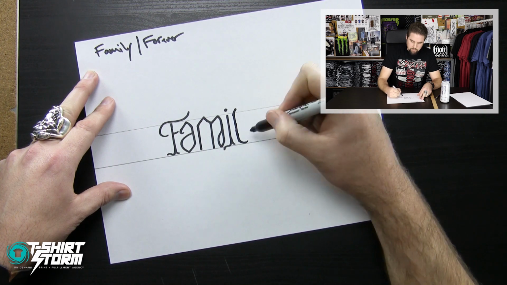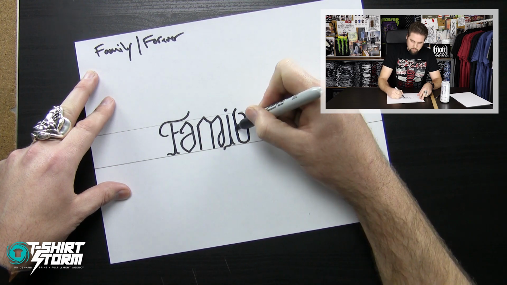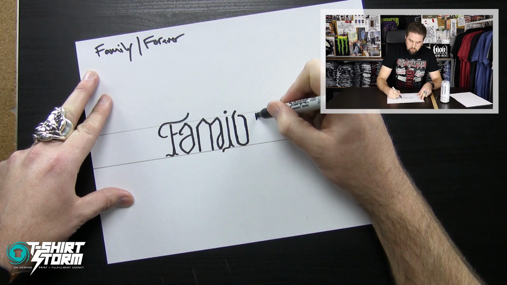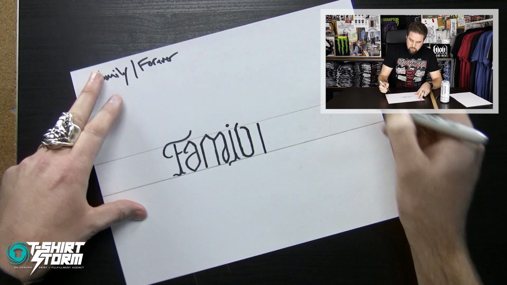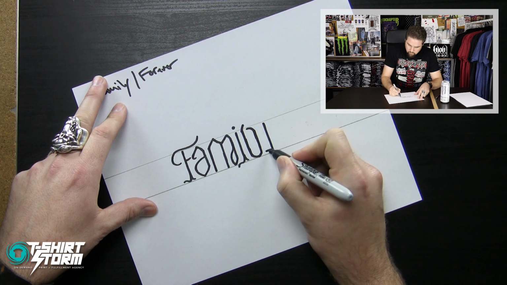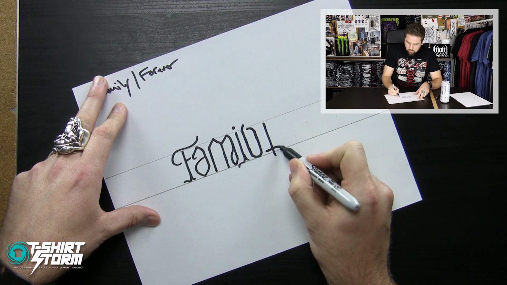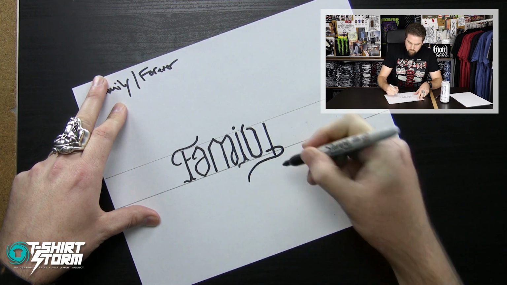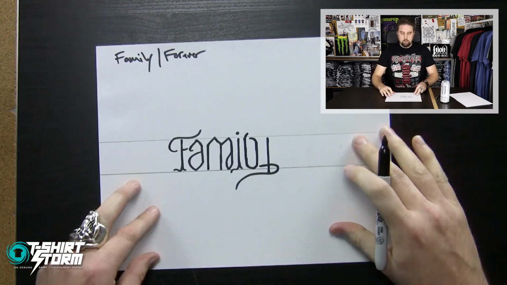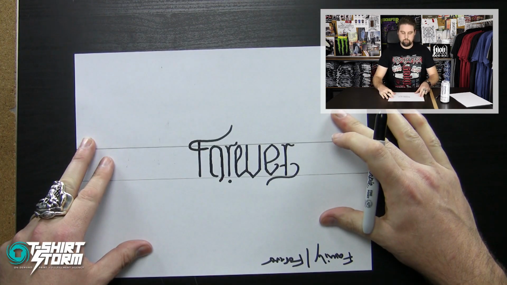So it's going to be an LY to FO. So we kind of want to close it just a little bit like that to where it still looks like a believable O in the other direction. But then we're going to close the Y with this capital. Let's see here. We got the crossbar on the F there. And then we continue that through to create the curve that way. I'm going to exaggerate just a little bit to close that. So that way we've got the word family, and then you flip it, and it says forever.